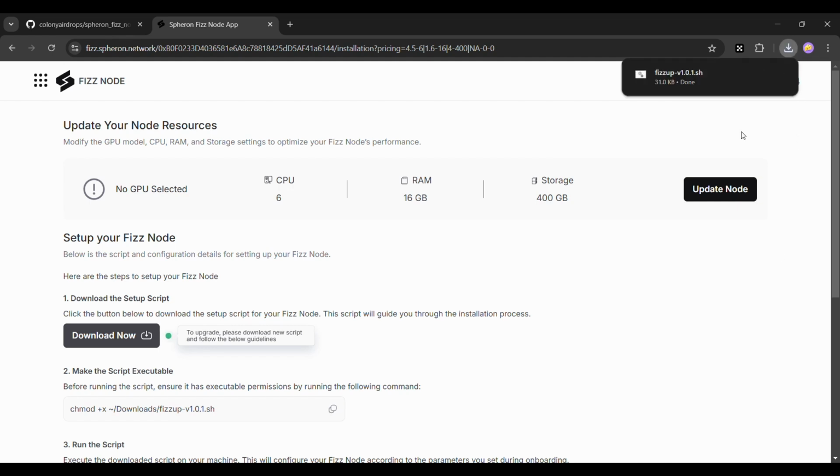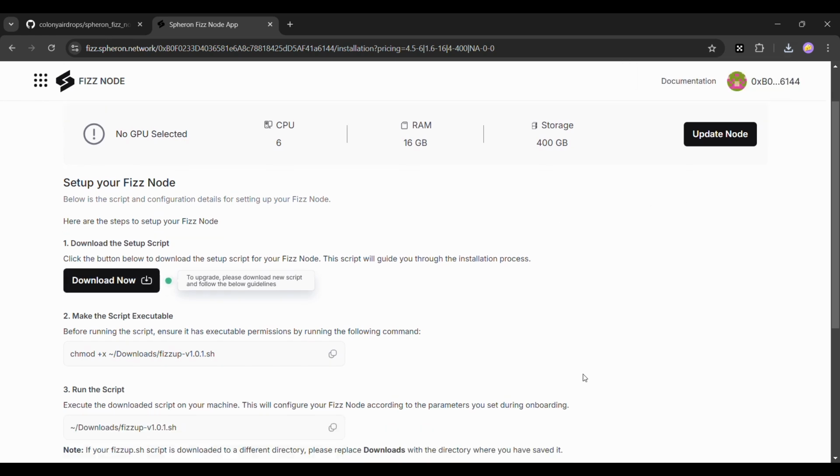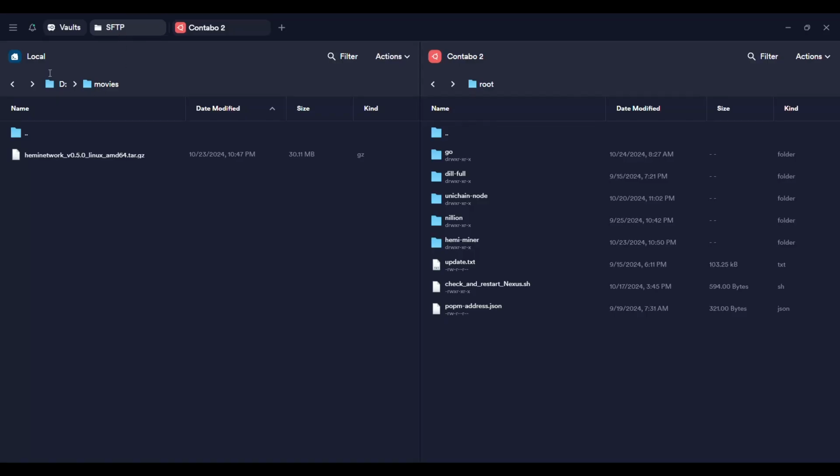Okay, so it's downloaded on your local machine. Then we will use the Termius SFTP protocol to transfer this script file to our VPS. So open Termius, go to SFTP, go to the location where you downloaded your script file.